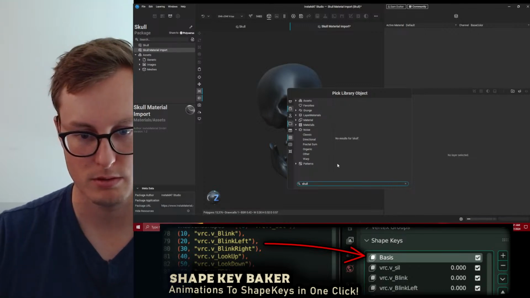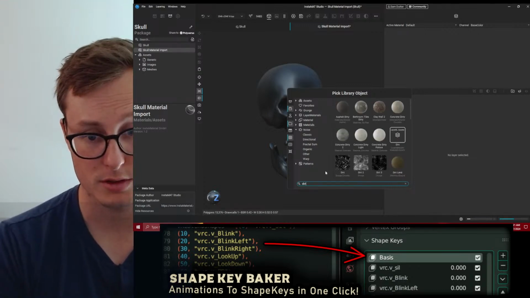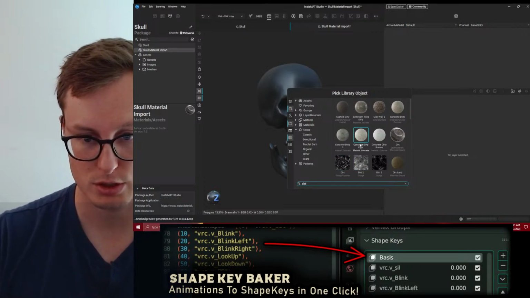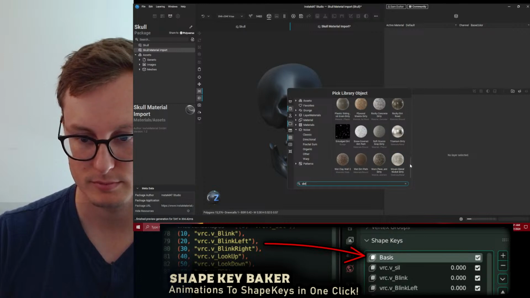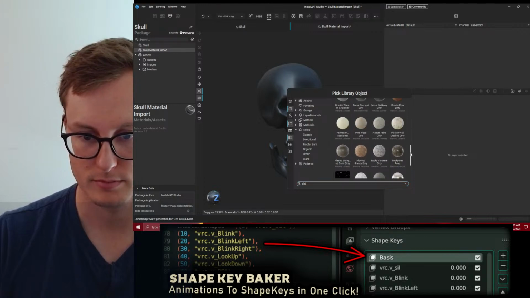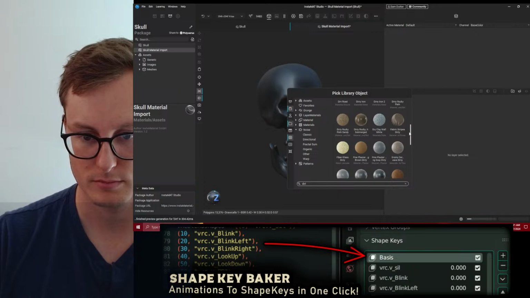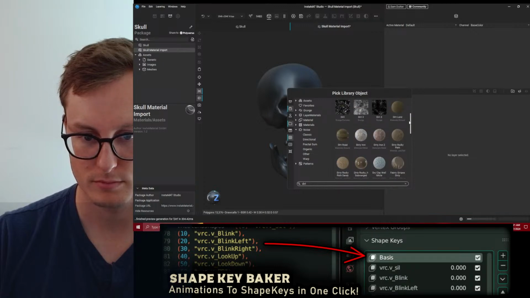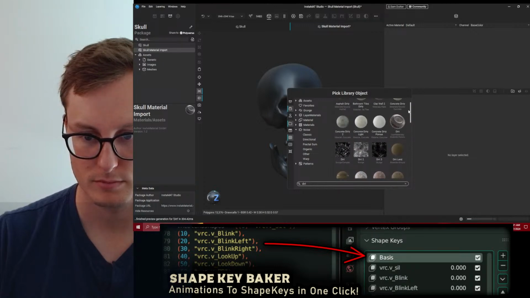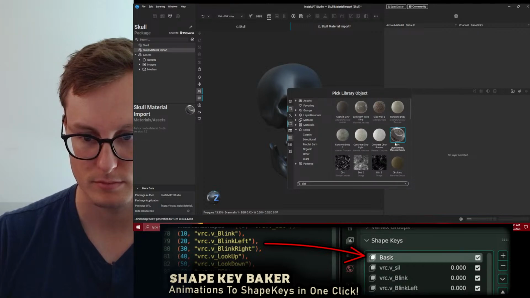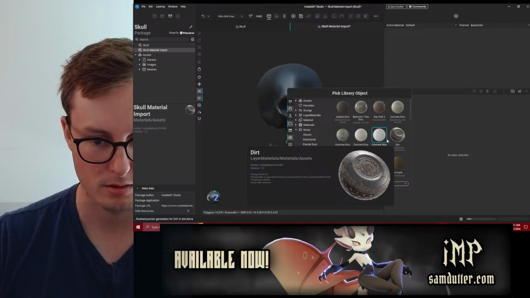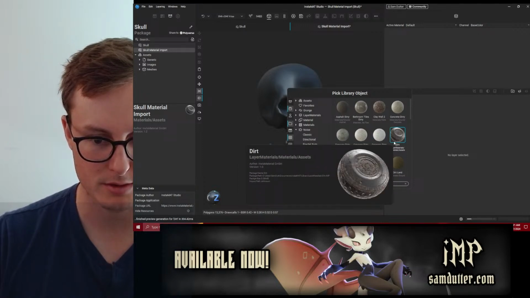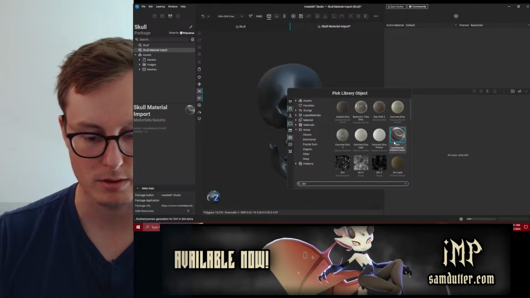Search everywhere. No. Dirt, actually, is what I should search. This is the one I made. I think so. Yep. Dirt.imp. So what happens when I bring that in?